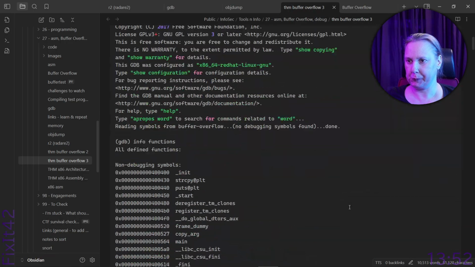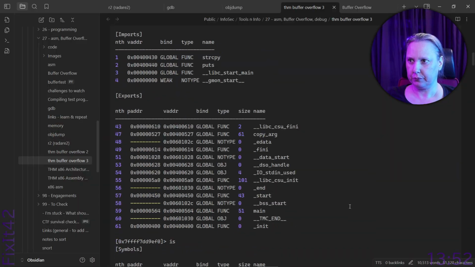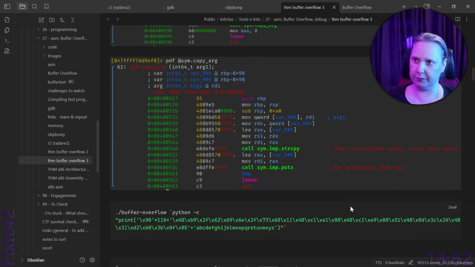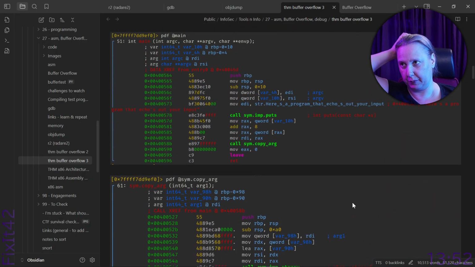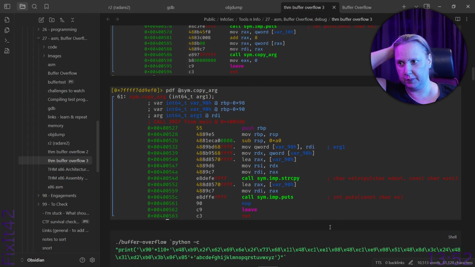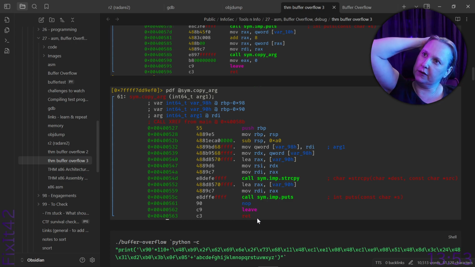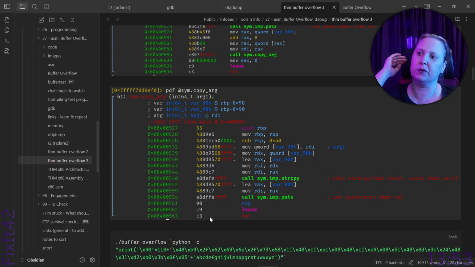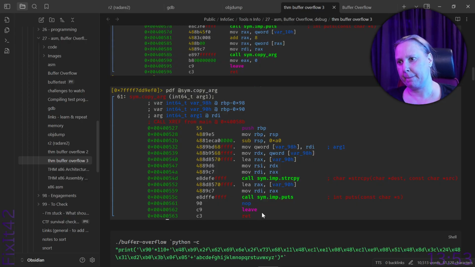So I'm looking for the colored. Let's color the assembler ones. So here we have the leave and ret. We were reading about these, what C9 and C3 really do, right?